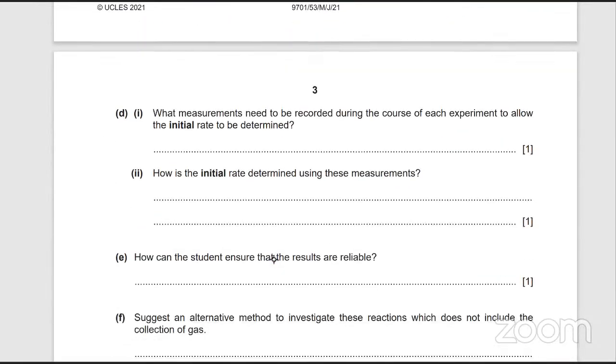What measurements need to be recorded during the course of each experiment to allow the initial rate to be determined? तो initial rate क्या measure करना है? What measurements need to be recorded? Volume of oxygen record करना है जो collect हो रहा है with respect to time. How is the initial rate determined? बस दोनों को divide कर दो